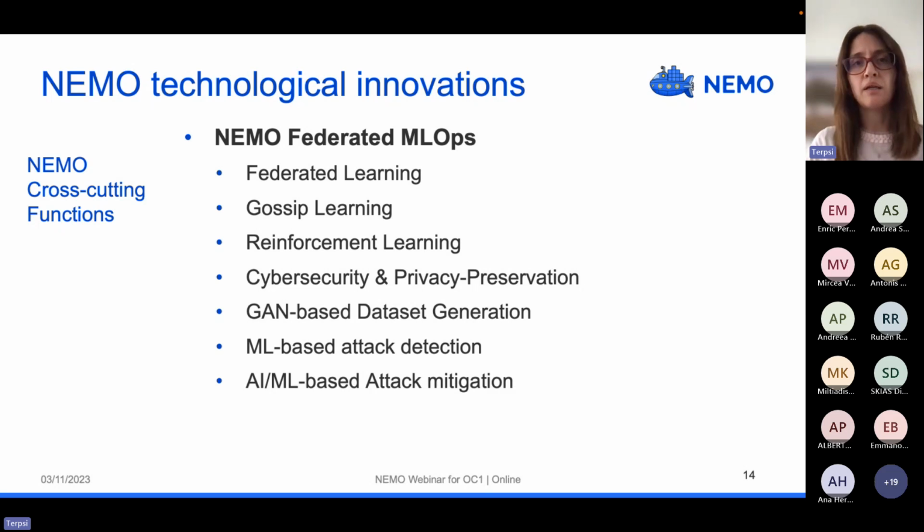Here we investigate and support a set of advanced learning technologies like federated and ghost learning, reinforcement learning, special enhancements foreseen for cybersecurity and privacy preservation, based partly on generative adversarial networks, and also attack detection and mitigation for these distributed learning systems.